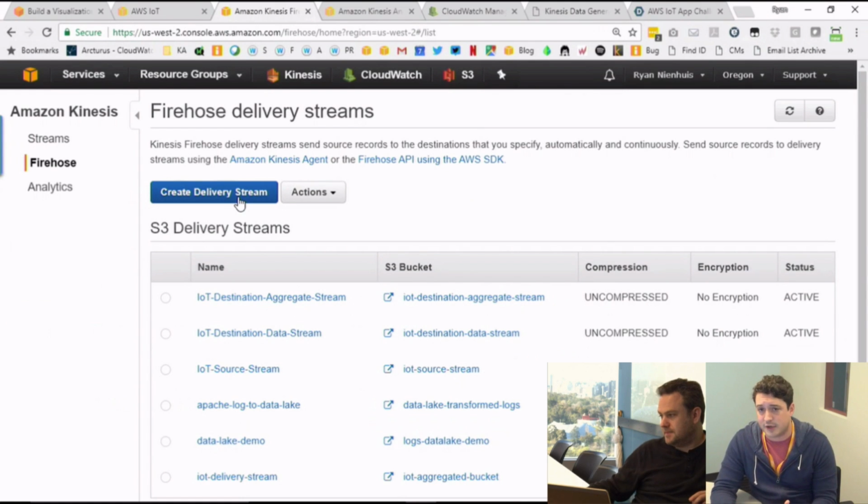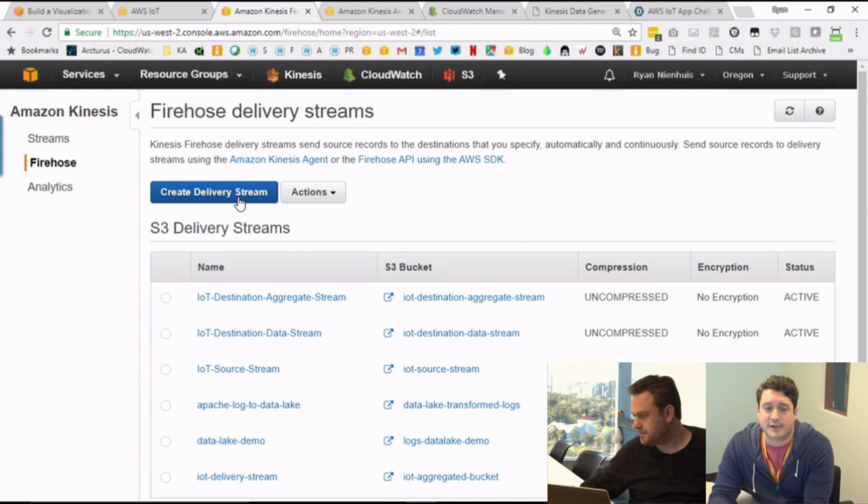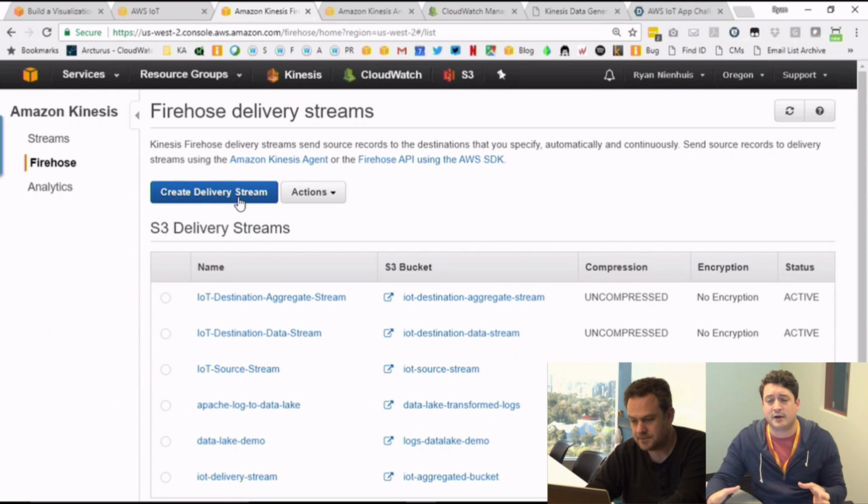Firehose provides that functionality. Firehose also allows you to compress the data before you write it to your destination, encrypt the data before you write it to your destination, and even perform inline transforms before you send it to a destination. It handles the entire end-to-end scenario without worrying about anything else.